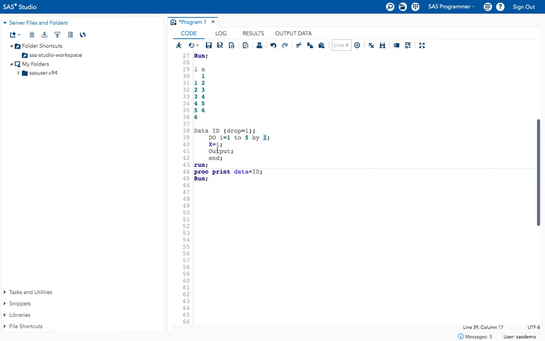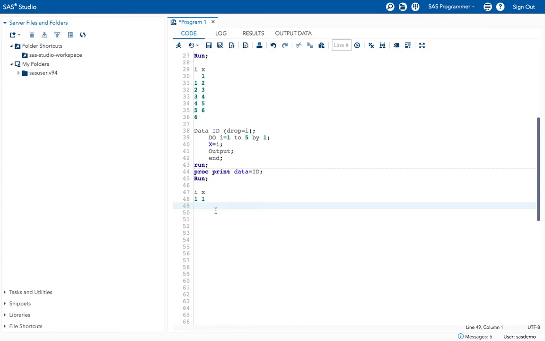Then x equal to i is the formula that I wanted, and output, end. So let's write the i and x values manually. When I start the program, do i equal to 1. I have the i value 1, and what is the x value that I have here? x is basically equal to i, that means x also I have 1.